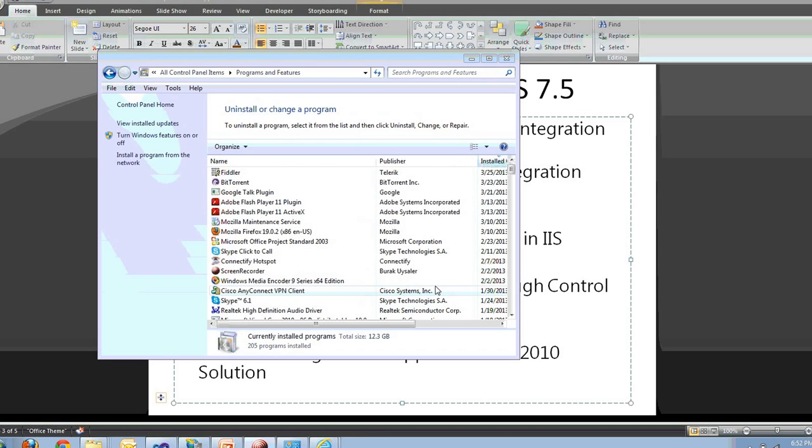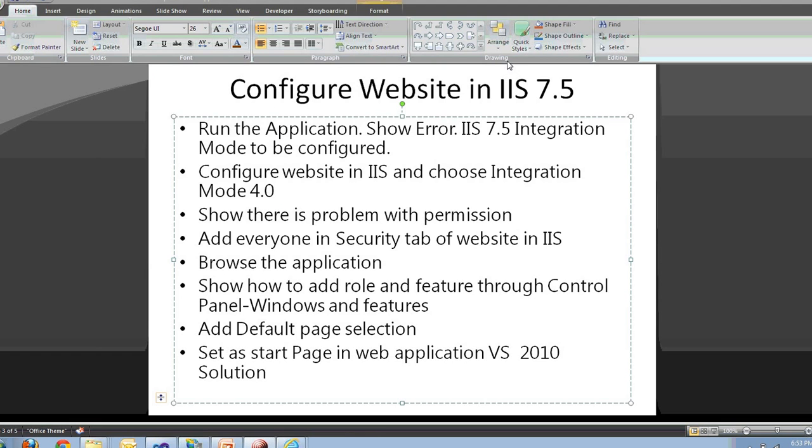Similarly, in Windows Server 2008, we have Server Manager, where you explicitly have a Roles and Features menu appear upfront in the Server Manager tools and utilities. So this is what we covered so far. Now I will show how to add default page selection